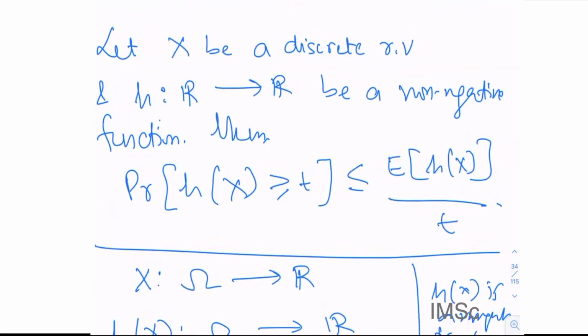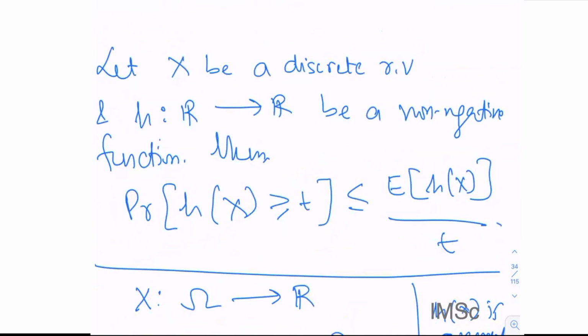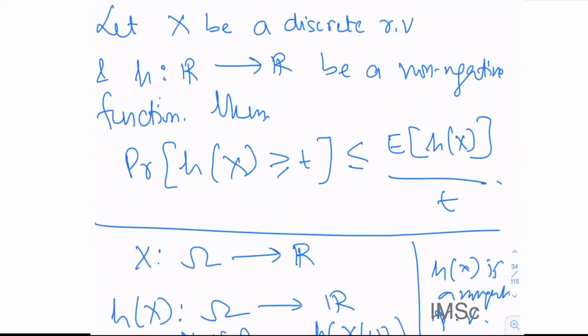So you start with a discrete random variable, you pick a non-negative function, and then say, hey, this holds if and only if this, so you directly apply this, okay? And you may ask, Saket, you just showed us families of examples where, when X is my random variable, Markov is the best we can hope for. Yes, but all we assumed about Markov is this: X is a non-negative discrete random variable, nothing more.